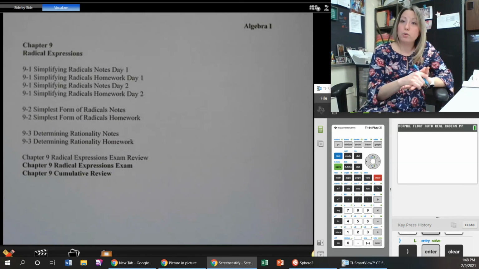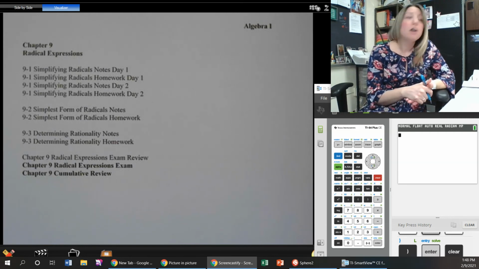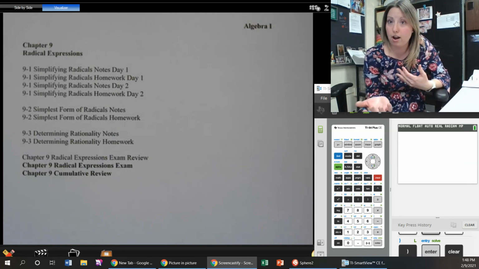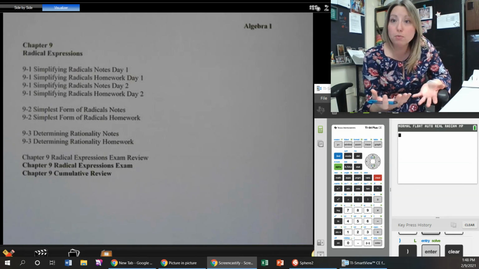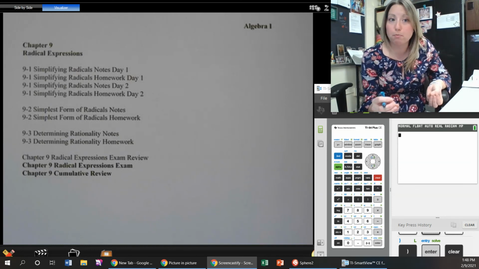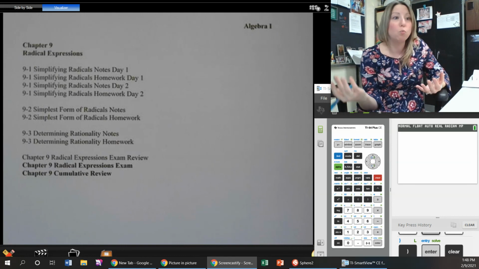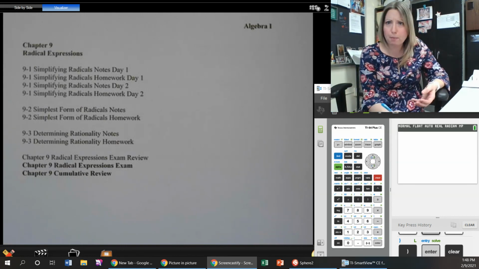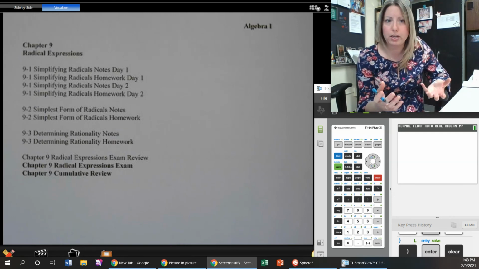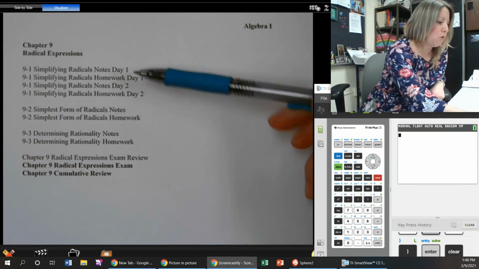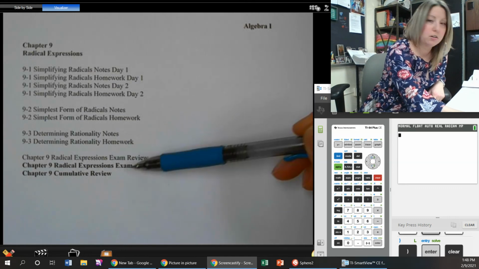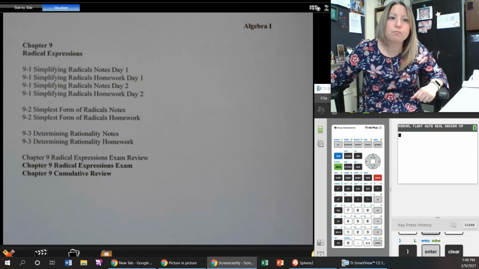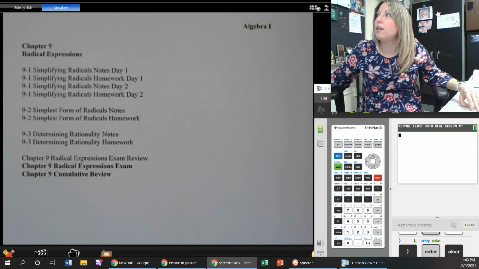And then we're going to determine rationality. And so we'll review what makes a number a rational number versus an irrational number, and how to determine the rationality of a number, especially given a word problem type of circumstance. Okay? Very short chapter. We'll be done with it in a week. You can see 1, 2, 3, 4, 5, 6 days, right? Okay. So let me start with